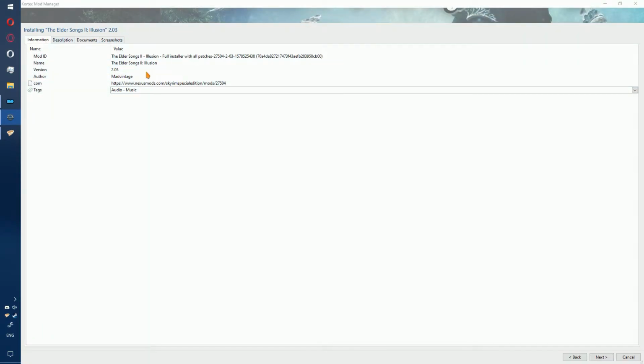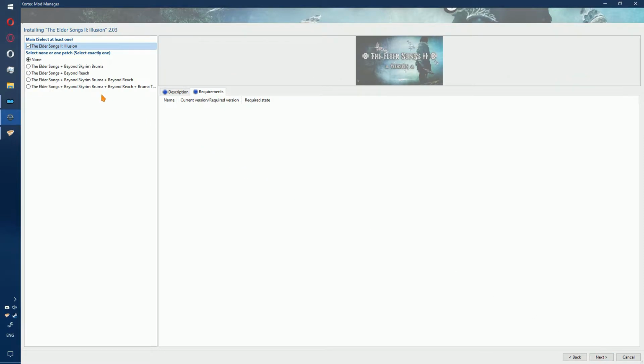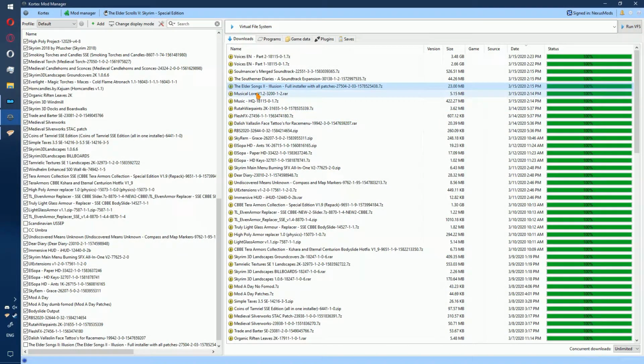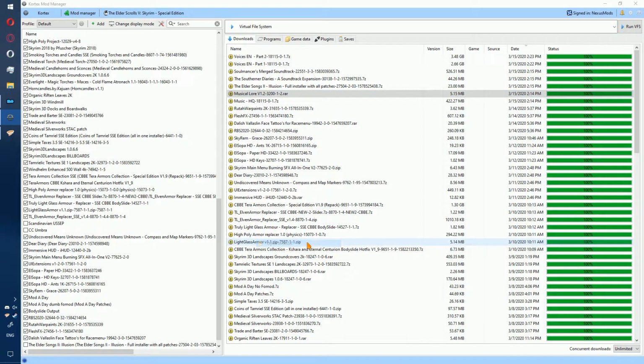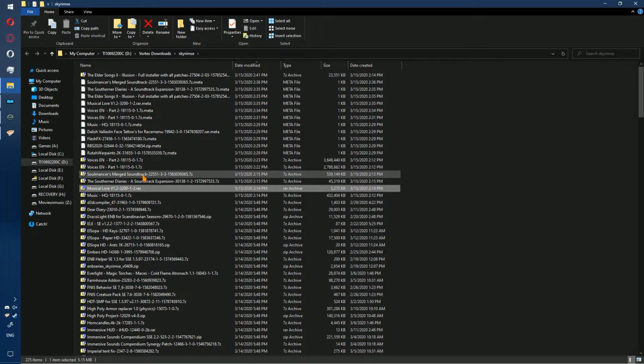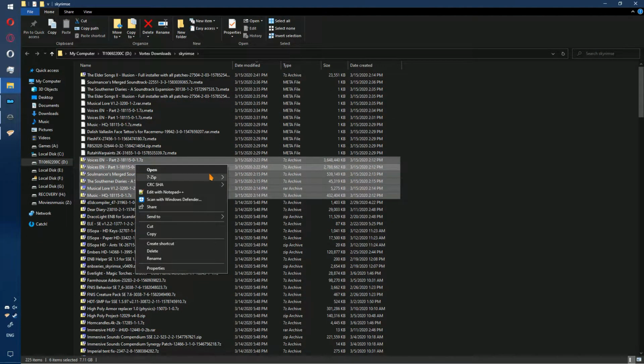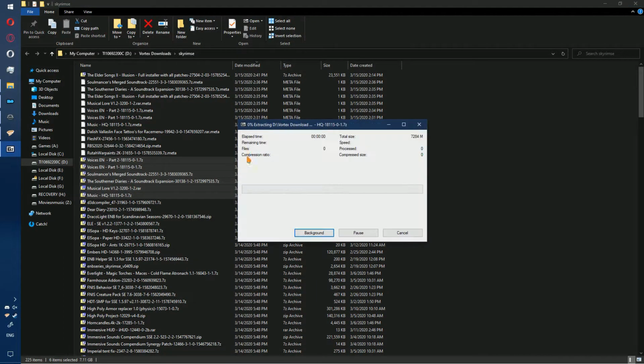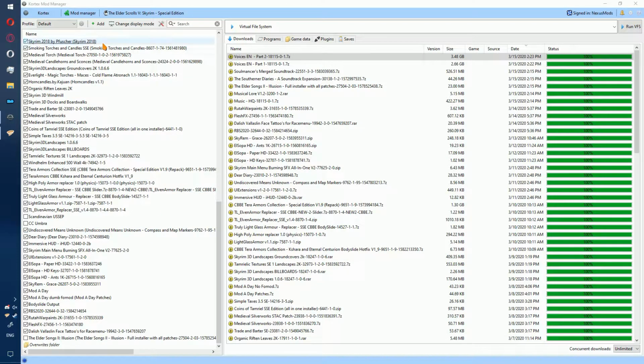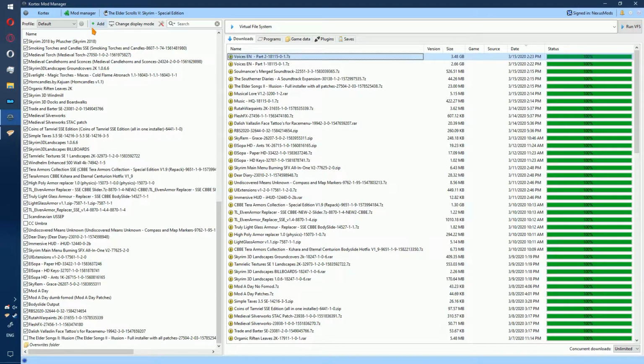So let's go ahead and install Elder Scrolls Songs. Next, none, next, and next. Close. For the rest of these, open location. Select them, right click, 7-zip, extract to /. Alright, once all have been extracted, which may take a little while due to the file size, go ahead and,